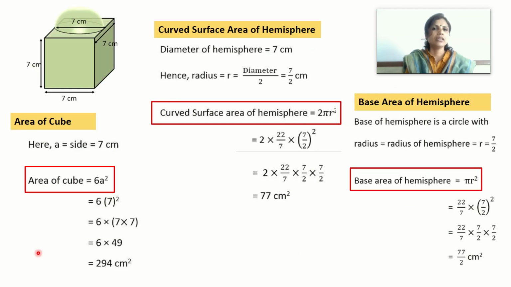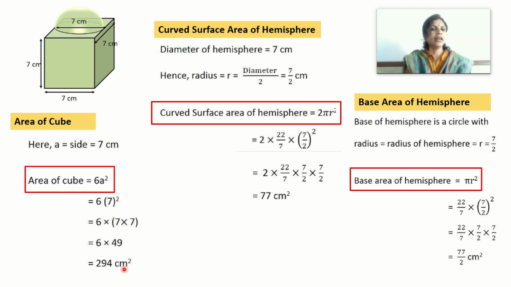So let's first find out the area of the cubical block. Now the side of the cubical block is given to you as 7 cm. So our formula will be the total surface area of cube is 6 into a square. Substitute the values, 6 into 7 square. So 6 into 49, and 49 multiplied by 6 is equal to 294 centimeters square. I am sure children you all are along with your books and the pen, and you are also doing the calculations along with the sum we are solving.